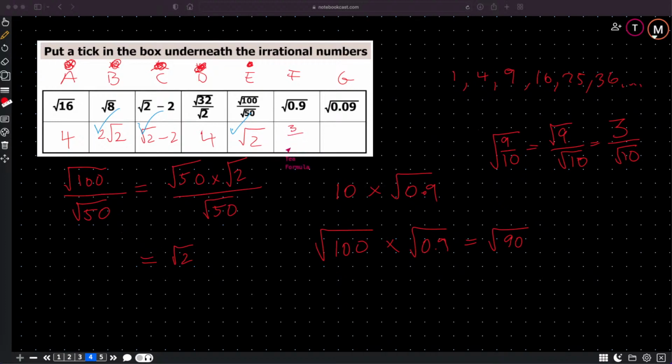Well, actually, is it fortunate that it's irrational? In the context of this question, we're trying to find the irrational numbers. We get a nice big tick for that. But in real life, nobody really enjoys working with irrational numbers because they're undefined. So in the same manner,